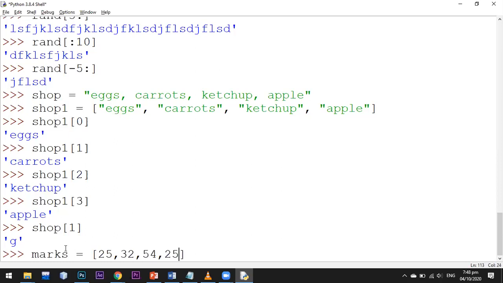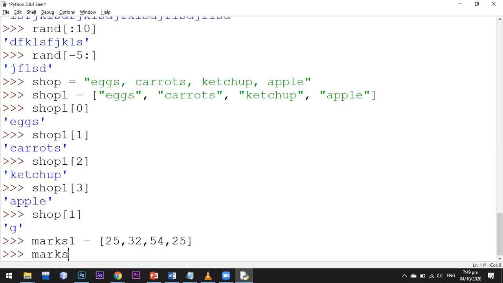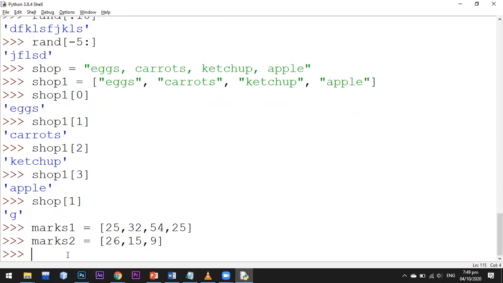Instead of marks, I'm going to call this marks1, and another array, marks2, which is 26, 15, 9. Okay, these are two different arrays.